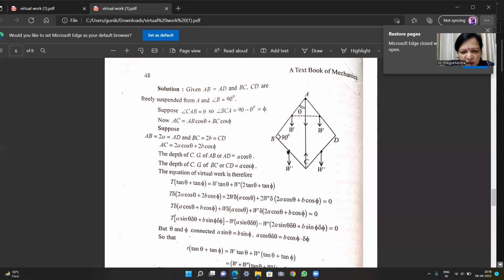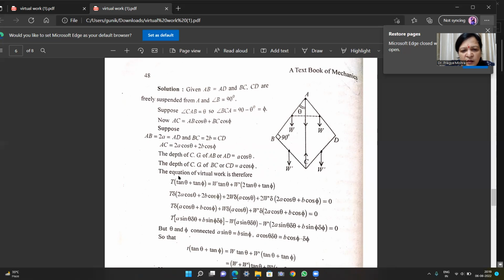BC और CD की जो सेंटर ऑफ ग्रेविटी है, ये इस पॉइंट पे एक्ट करेगी। तो इस पॉइंट का पॉइंट A से डिस्टेंस हम कंसीडर करेंगे। पॉइंट A से ये W, जो लोअर W इनको ज्वाइन करेंगे, और जहाँ पर ये लाइन AC को ज्वाइन करेगी, इस पॉइंट का डिस्टेंस A से लेंगे, देन दिस विल बी 2a cos theta plus b cos phi,